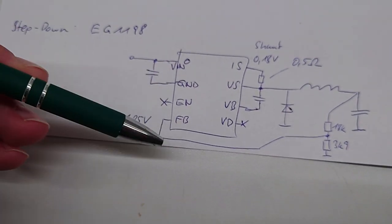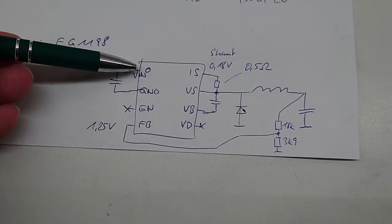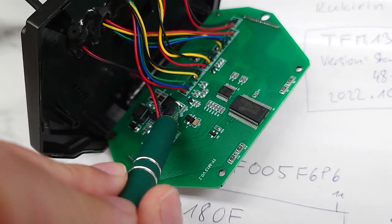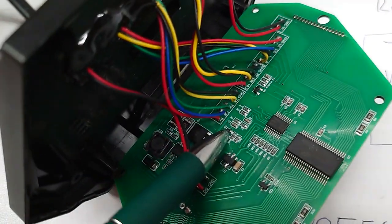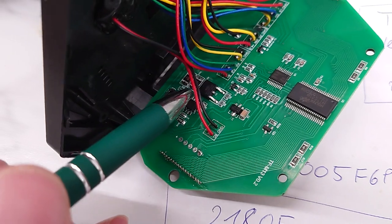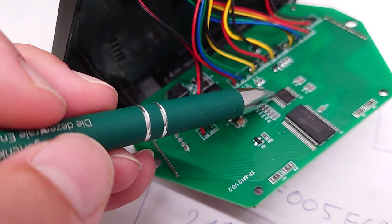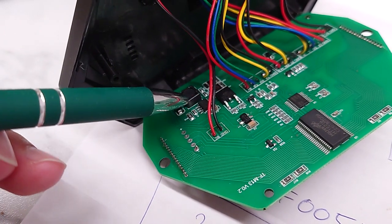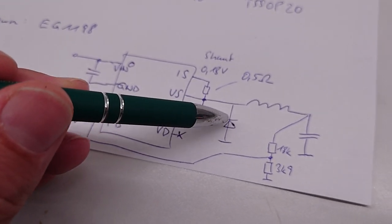Here's the simplified circuit of this chip. We have input voltage. I think this voltage is switched via this P-channel MOSFET. This is activated via this small transistor, which can be deactivated via the microcontroller. So there is a cut-off possibility, or capability, of the microcontroller. And this step-down circuit with this inductor and this bypass Schottky diode, which is this and this,